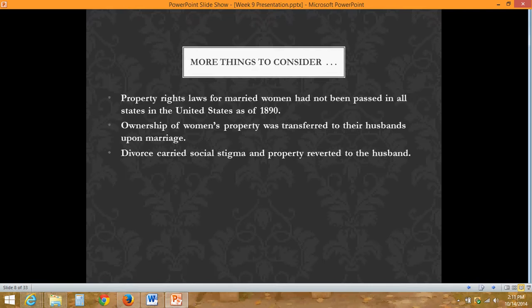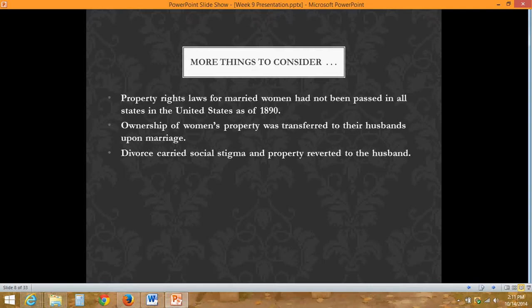So I think that really gives us a different understanding of the story that we read. If we understand that Mrs. Mallard would not have rights to property, to her own money, even if she were working, which in this situation I don't think is true. But even in terms of women that worked in factories that earned a living, they did not have rights to their property if they were married or divorced. So if you were single, you could have rights to your property.